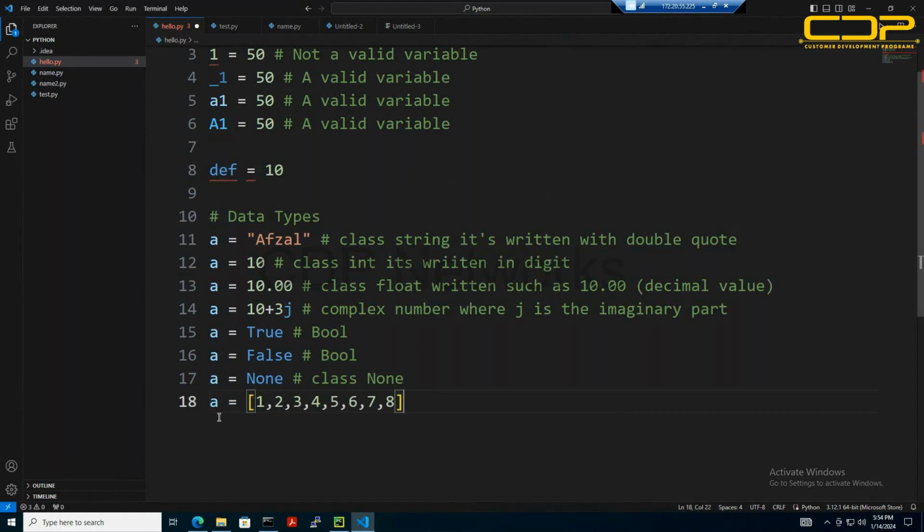This is also a valid data type. It comes under list. We will have a dedicated lecture on list. So just understand that one of the data types is list, then another is tuple,